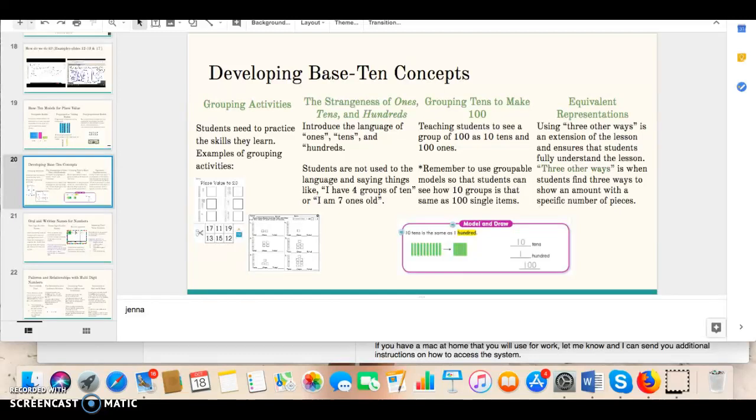Developing base 10 concepts. Grouping activities. Students need to practice the skills they learn. Here are some examples of grouping activities. Another example is one from the textbook, and it was